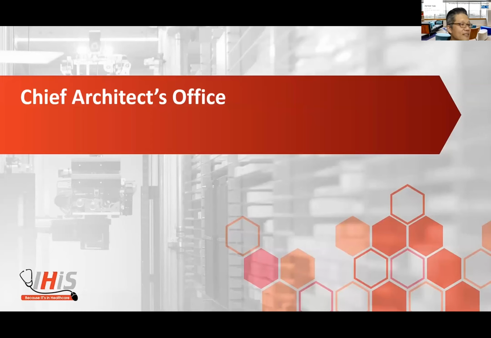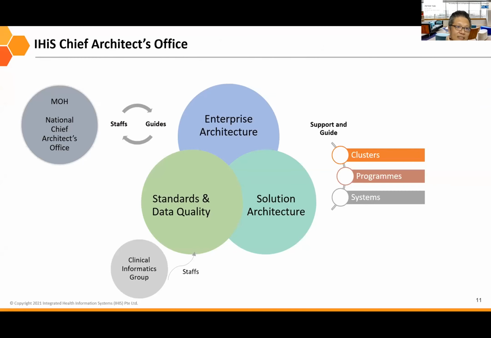Right, so let me now switch gears. We'll talk about our architect's office. So this is where I come from, the chief architect's office, and this is kind of what we look like. Loosely speaking, we have three broad functions that we take care of: enterprise architecture, and solution architecture for key projects. Unfortunately, we never have enough solution architects to cover all the solutions that we need. And we also have a standards and data quality team. This team is actually quite special. I'll elaborate later, but for now,